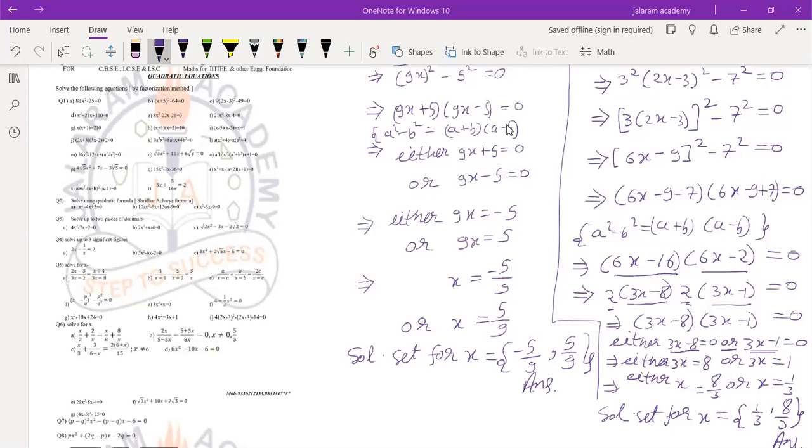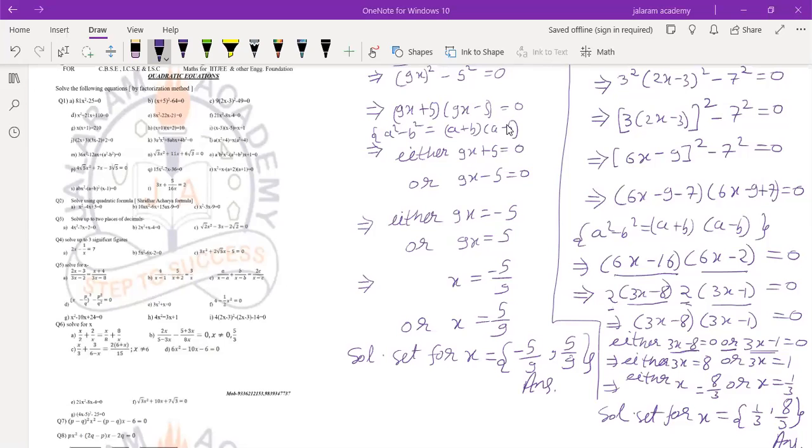Is that clear to you? Yes, sir. Thank you, sir. If you leave it as 16 by 6, you have to then divide them by 2 to change them into lowest form, okay? As we have to give the answer always in lowest form according to the rules of any equation. Is that clear to you? Yes, sir.